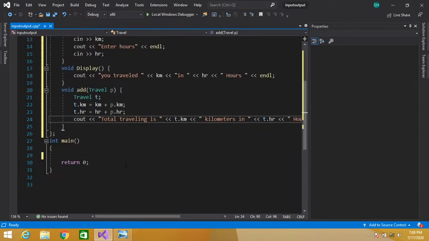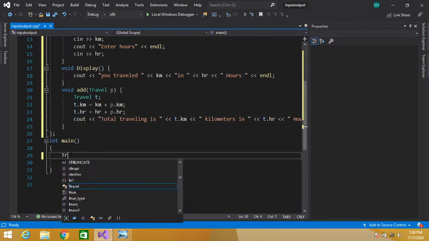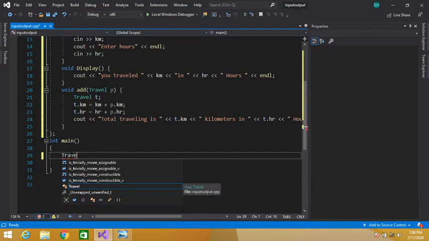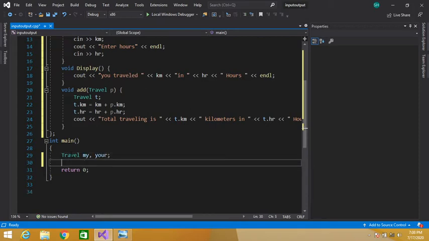Okay guys, let's create objects of our class. Write the name of our class, that is Travel, then the name of our object. Let's say I create two objects, my and your. I have created two objects.